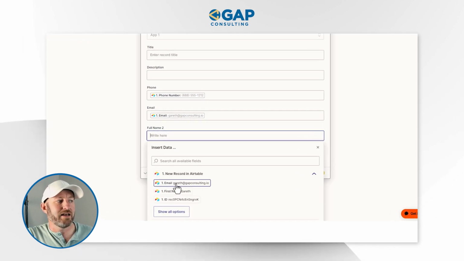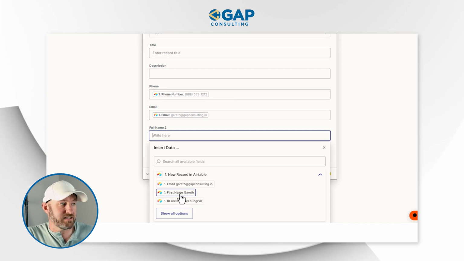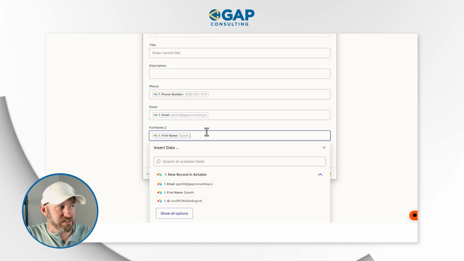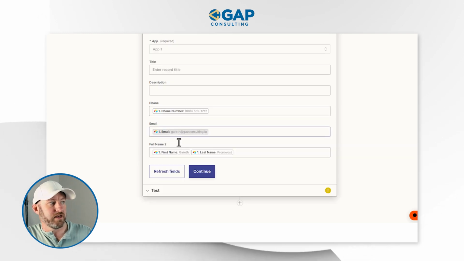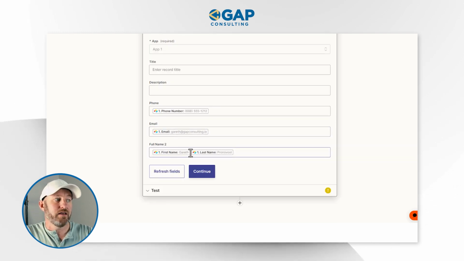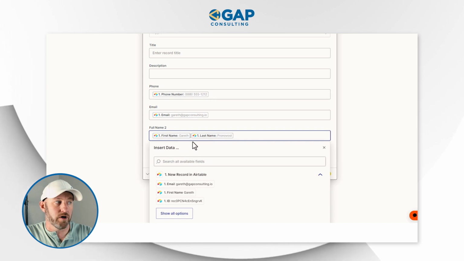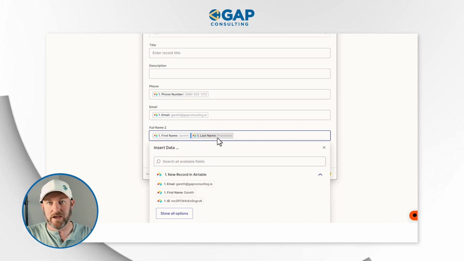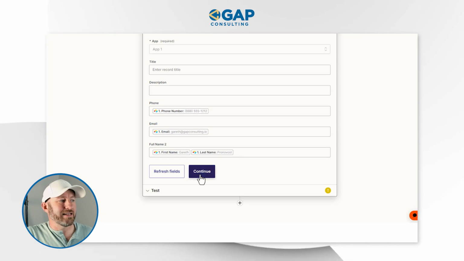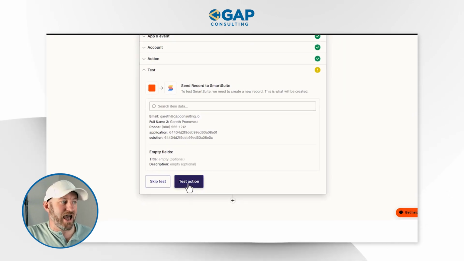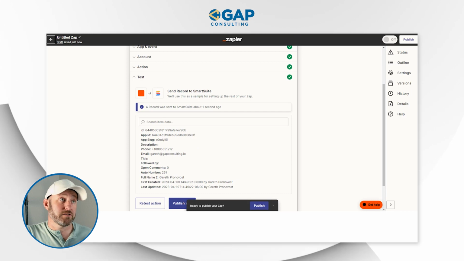And here we can bring in the elements from Airtable. Let's say we wanted to bring in the first name with a space, and then we also want to include the last name. There we go. It's just that simple. First name, literally hit space on the keyboard, there's a little space right here, and then we include that last name. Now, once we're happy with the information, we will go ahead and continue. We can test this action and flip into SmartSuite now